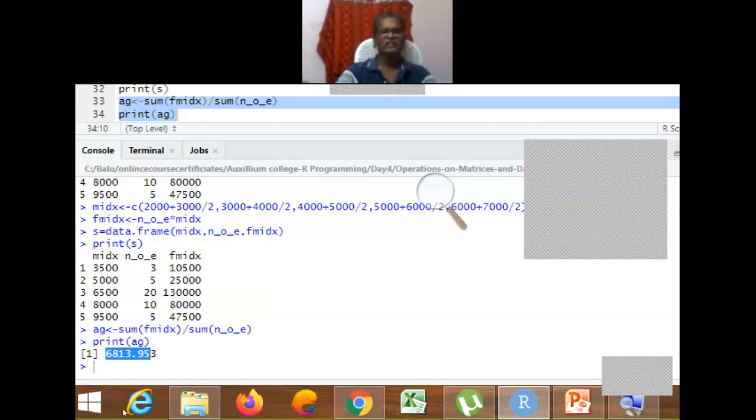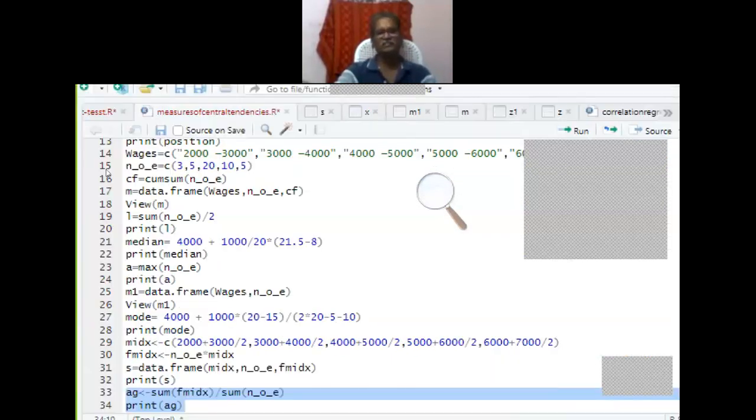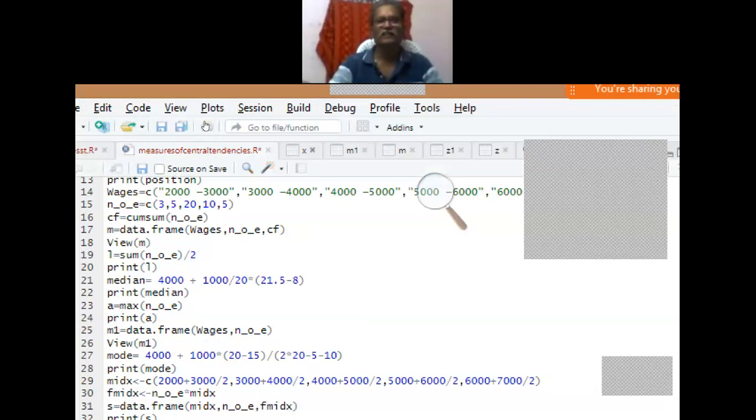So this is a way of calculating mean, median, and mode for discrete and continuous types of distribution data. I hope you can understand how to calculate mean, median, and mode for different types of distributed data sets. So with this, the measures of central tendency concept, I have made it clear.